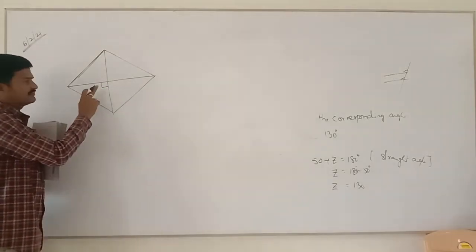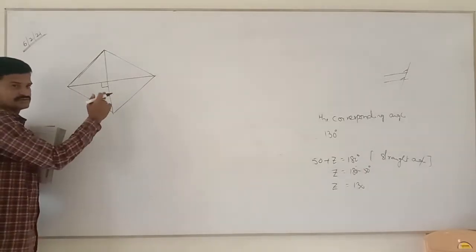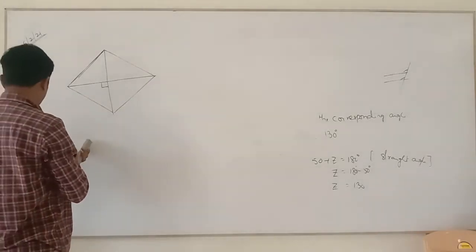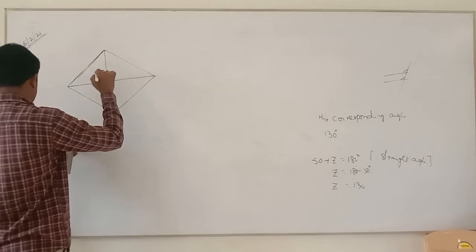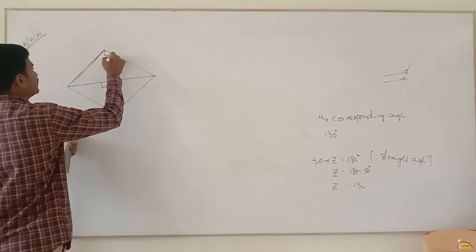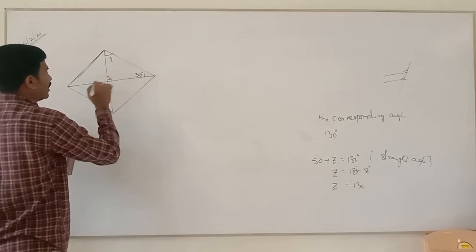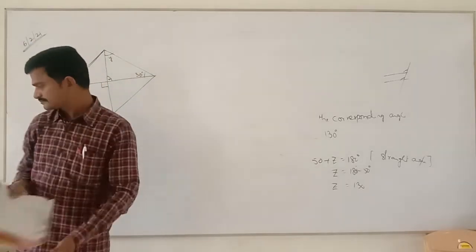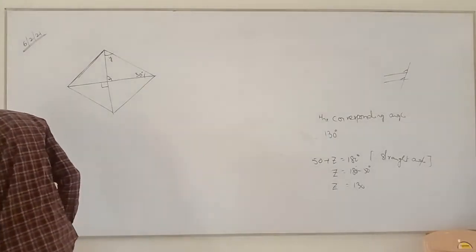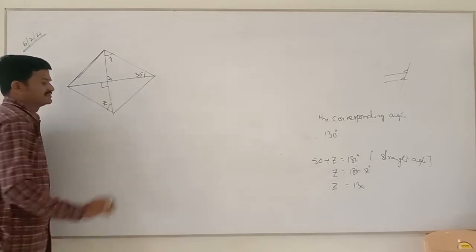I hope you all know the meaning of this one. 90 degrees. That is a right angle. Okay. Now it is given as x, and it is given as y, and it is given as 30. How can we find the values of those? Z, where is Z given? Down. Yeah, it is given as Z.